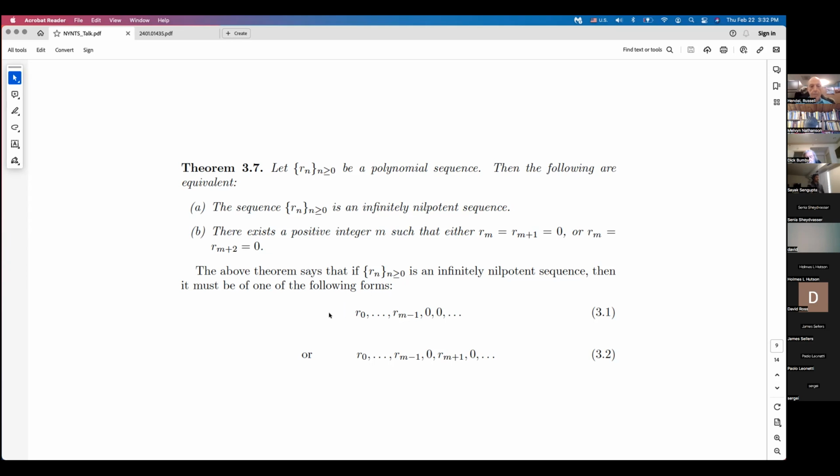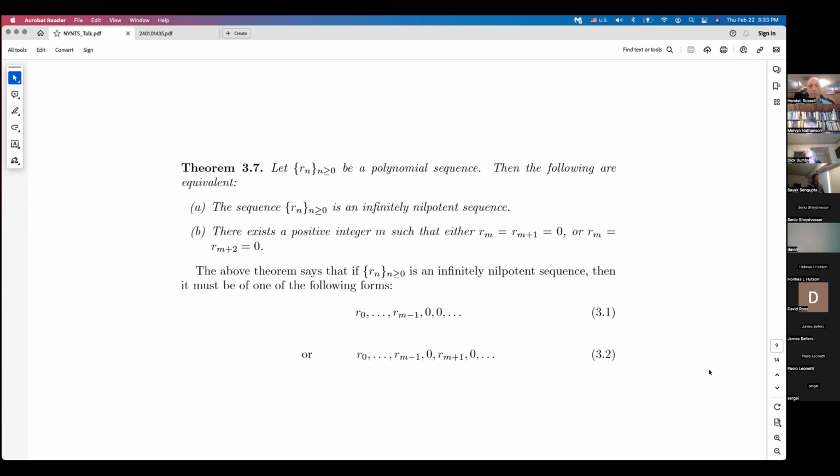looking at U, we can start looking at the second iteration of U with itself, and then we should be able to trap it. 0 will go to 0, 0 will go to 0, and so on, provided that m is even. If m is odd, then we start from n equals 1. So from this spot, we should be able to trap it like this. So that was the basic idea in classifying the polynomials that look like the infinitely nilpotent sequences that look like